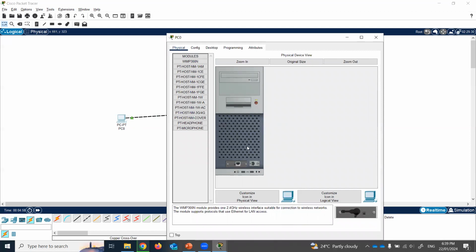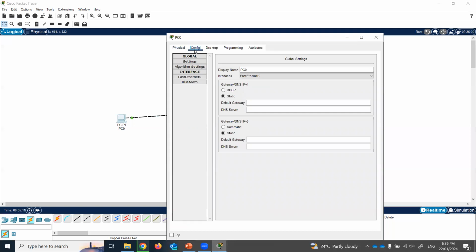So we'll go to Cisco Packet Tracer, and yeah, so it has physical layout here. You just see the case, the computer, the CD drive, the floppy disk drive, power button, etc. We're not gonna be working with this one. We don't have to worry about it. We just go to the config part. At config, you have two modes, IP version 4 and IP version 6. Ignore this part, IP version 6. We just go here at the static,